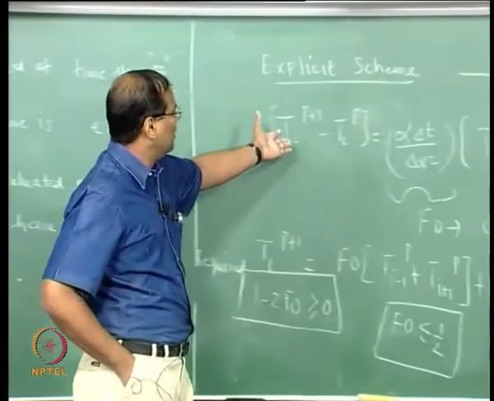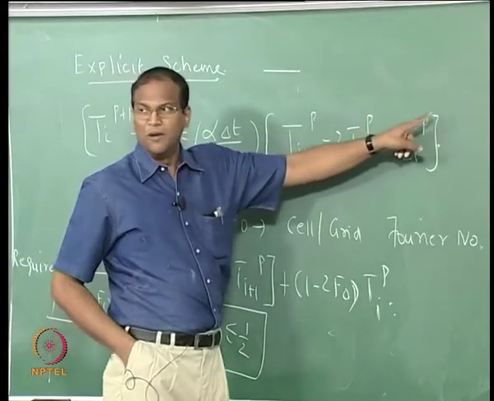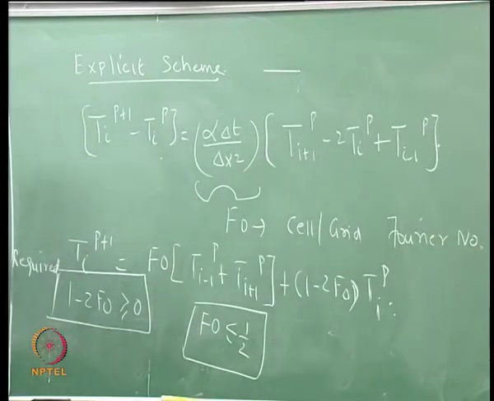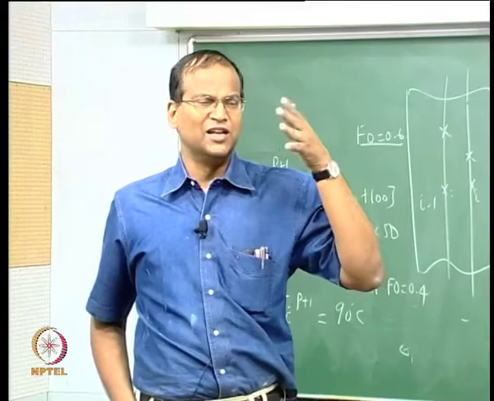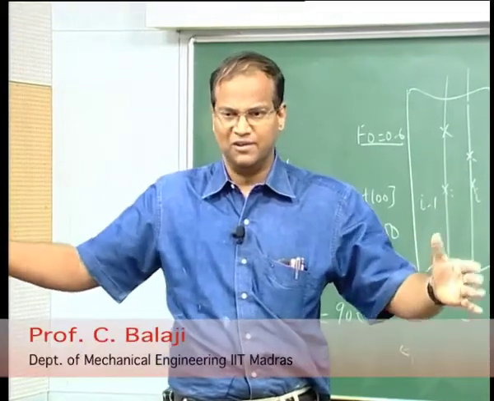Now I have written the explicit scheme, you can also write the scheme for the implicit, and the right hand side will all have terms at P plus 1, P plus 1, P plus 1, a lot of unknowns, therefore it has to be solved simultaneously at each and every time step before we proceed to the next step. We start at time t equal to 0, all solutions are known, the initial condition is known. From the initial condition you start marching in time, but at each time the boundary condition should be available.